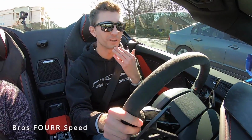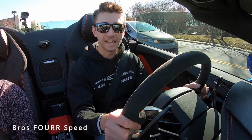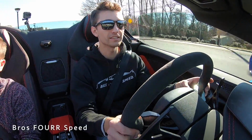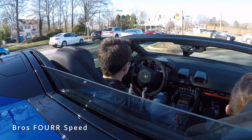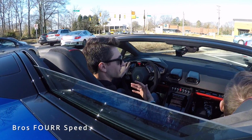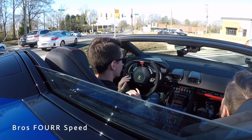I don't care if you can't hear me talking, but as long as you can hear that exhaust, that is insane sounding. I honestly can't get over just how well this car seems to drive in every circumstance. We've done the normal slow speed driving, top up and down, and being a soft top convertible with the top up, it's like a coupe. It's quiet, it's comfortable, it's smooth. With the window down, you can hear all the drama with the exhaust, but then with the top down, as beautiful of a day it is today, it opens it up to be such a special car. You get a completely different experience